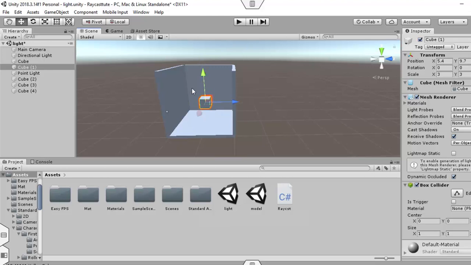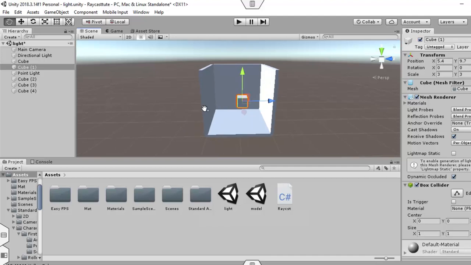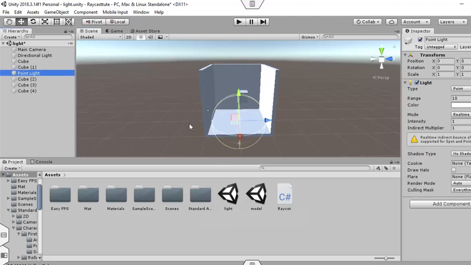So here we can see that we have created a box type structure and we put the cube inside this box, and if we put the spotlight above this cube and increase the range as well as intensity, we can see the effect of this spotlight.